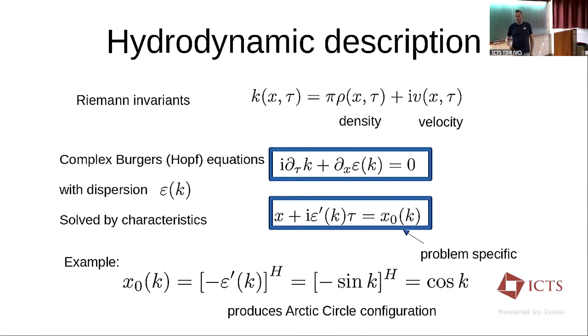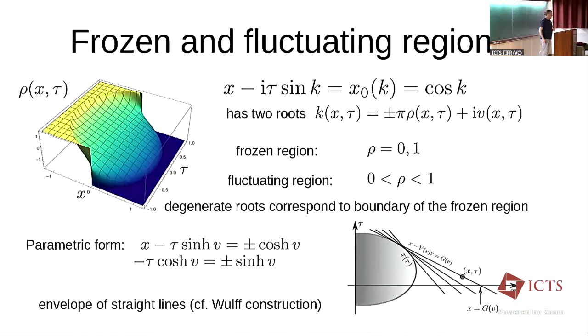Okay, so the boundary condition is that my function depends on the problem. So in the case of emptiness, for example, I have to fix my density to be 0 on the interval, and also to converge, and so I have also imposed boundary conditions at space and time infinity. Good. So what does it give?